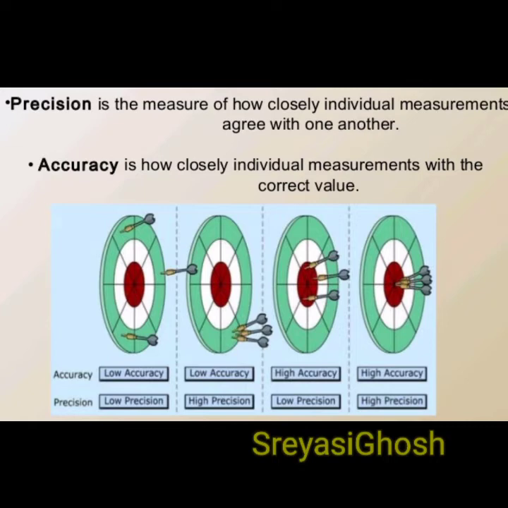In the second figure, although none of them are targeting the bullseye, the red part of the circle, the 3 arrows are close to each other. Therefore, there is high precision but low accuracy. For the third diagram, see, all of them are inside the bullseye, that is the red circle, but they are not closely clubbed together. So there is high accuracy but low precision. And the final one, it is pointing at the bullseye. Also, all of them are clubbed together. So high accuracy as well as high precision here.